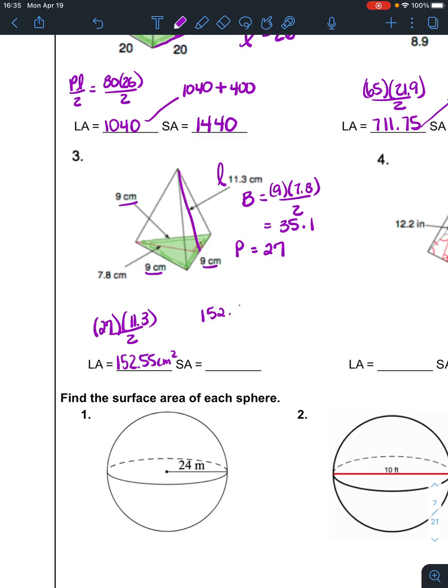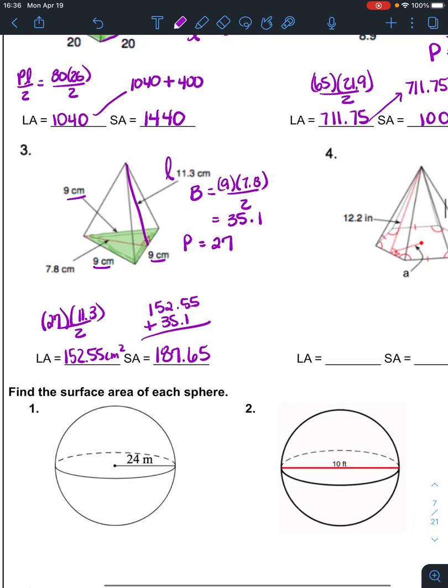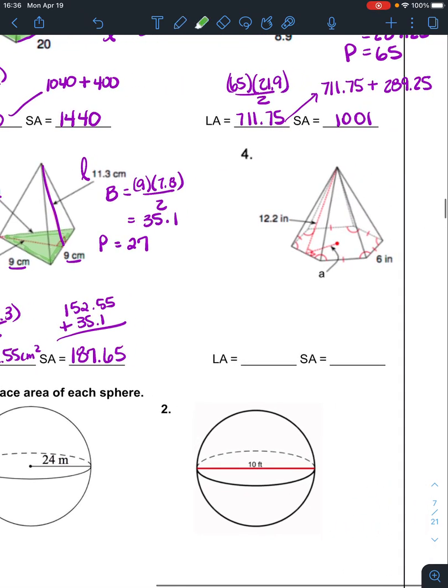And then the surface area, you take that 152.55, you add the area of the base that we already found, 187.65. I like to do all of my math up front, and then all I have to do is use the formula. So I do everything with my two-dimensional base, and then I go back and I use my three-dimensional formulas. Now 4 is going to be a little more complicated because if you look at the base